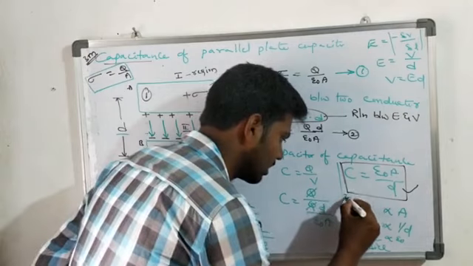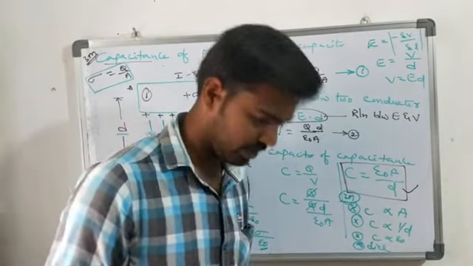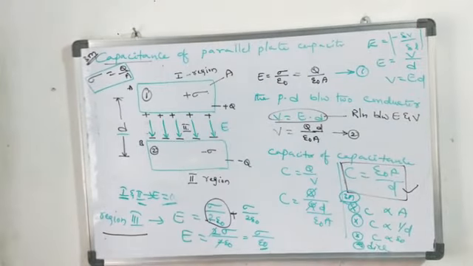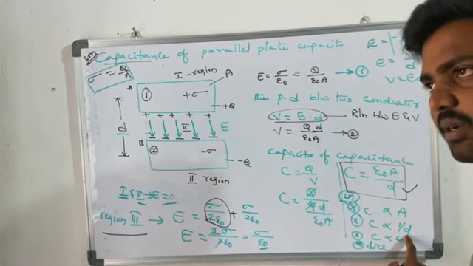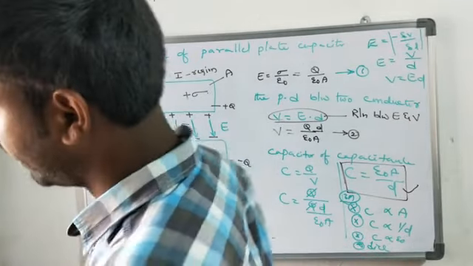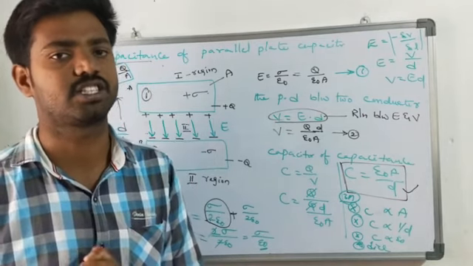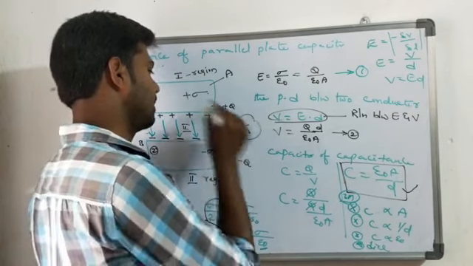So this also they can ask as a 3 marks question, though only in very rare cases: on what factors does the capacitance of a capacitor depend? The capacitance depends upon the area of the cross section, the separation distance between the two conductors, and the permittivity of the dielectric medium, or dielectric constant. The dielectric constant is denoted by the symbol K.